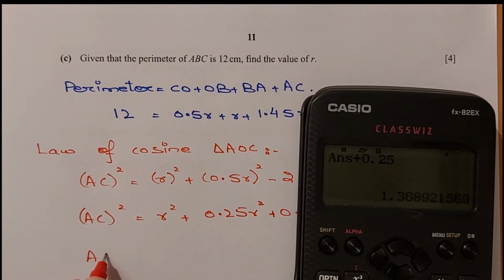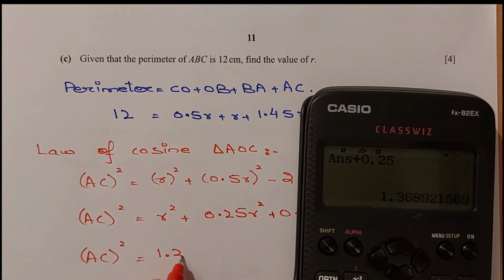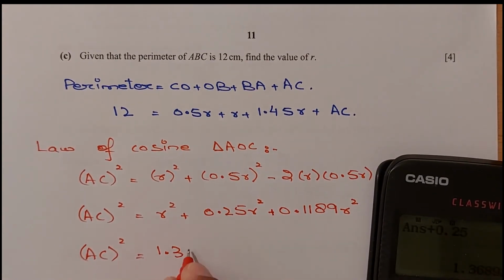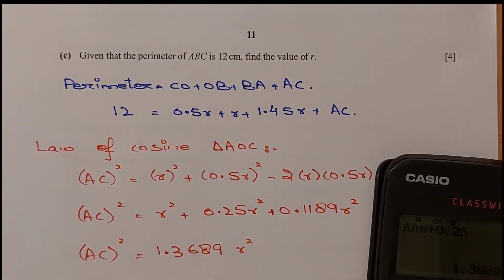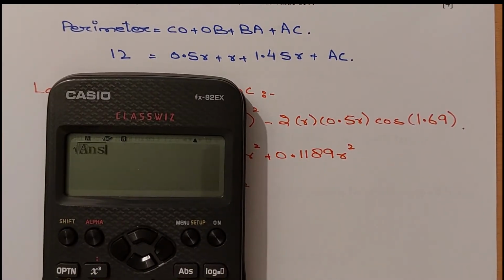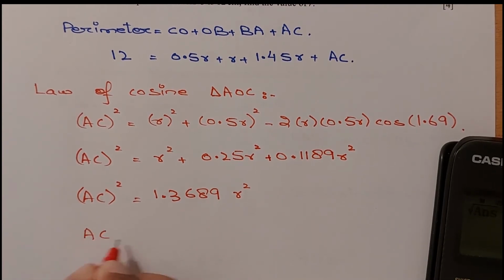So AC square is equal to 1.368 R square. So to find AC, we need to take the square root on both sides. So the square root of this answer is 1.17. Yes. So AC is equal to